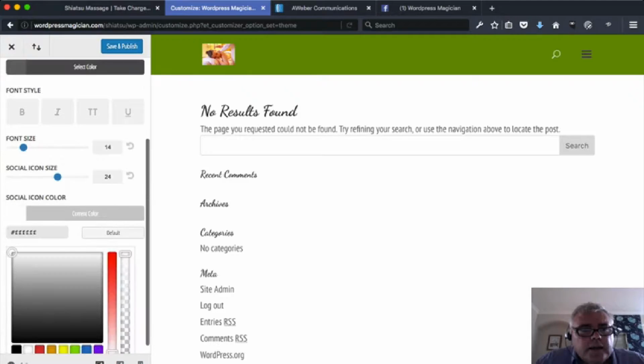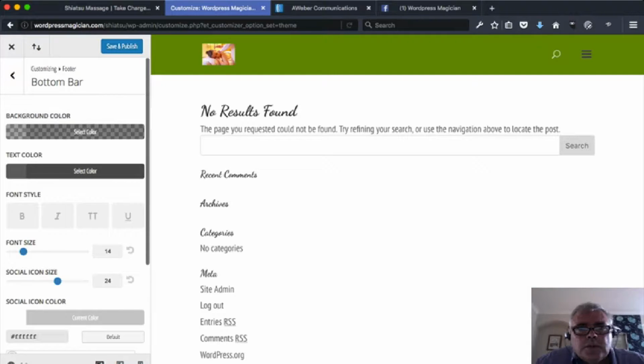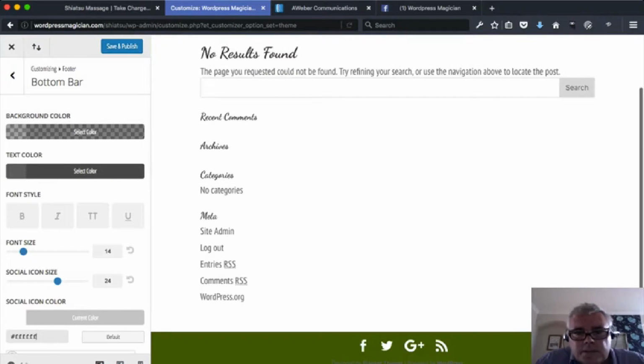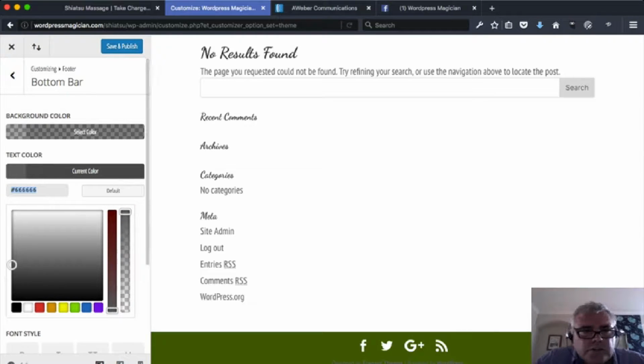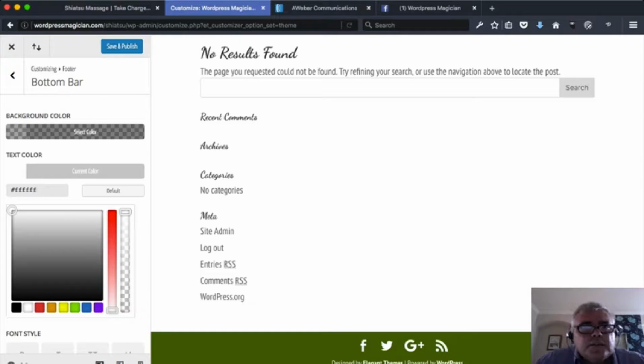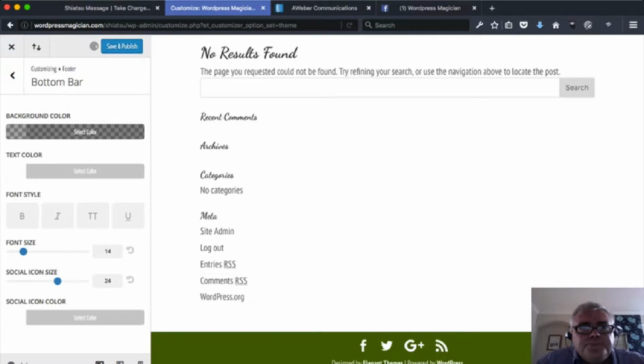Okay, and then we're all done. So let's just make sure that's perfect. And then this "designed by Elegant Themes", I think what we'll do is change that to white as well, so it's easier to see, and that's perfect. Save and publish,